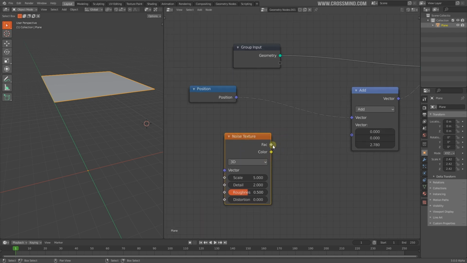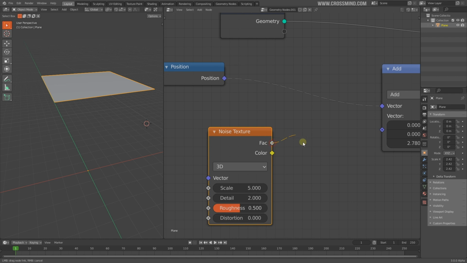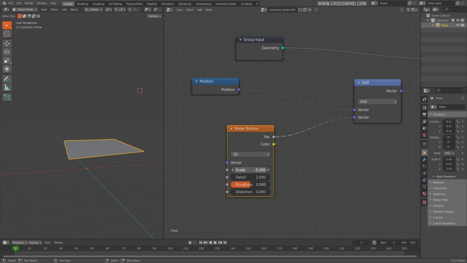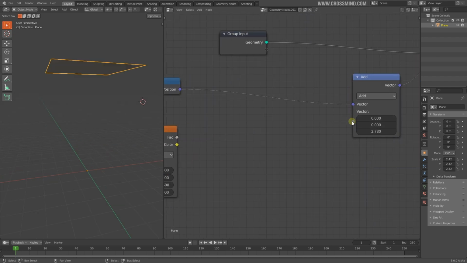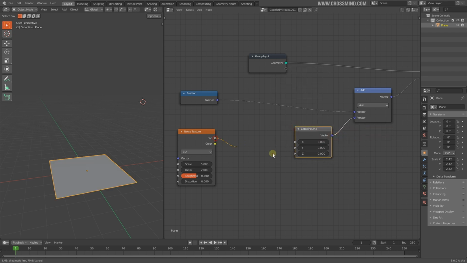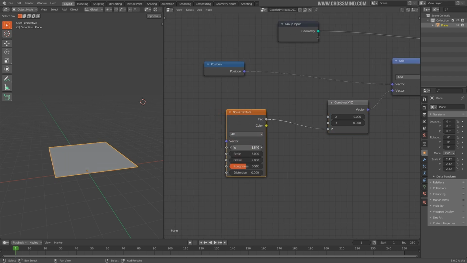But this texture, the factor value, as we mentioned before, is in the gray color. That means this is a float, and this can't really work with a vector precisely. You can see the gray color here, and this is a vector value. First, I would need a converter, Combine XYZ, just like the previous chapter, and then plug this one into the Z direction. Now, if I make this one a 4D texture and try to change the timing of the texture,